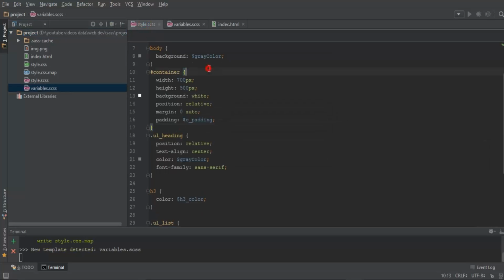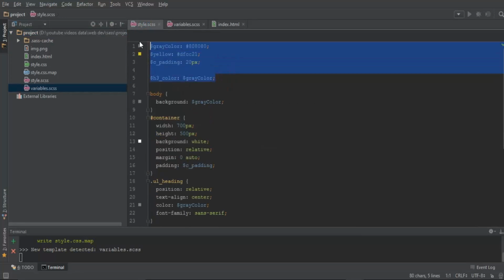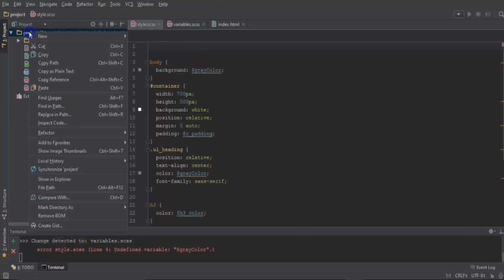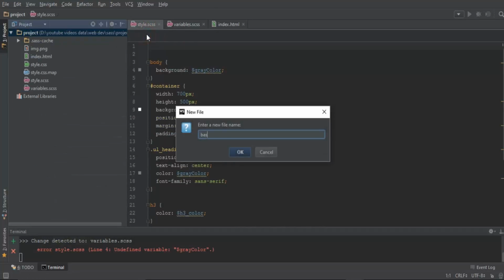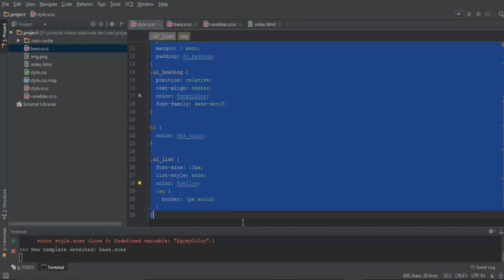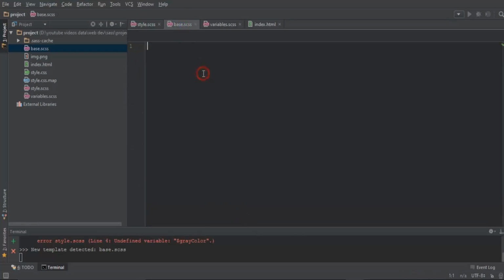Alright, and I'm gonna cut all these variables and define those variables inside this file. And I'm gonna create another file called base.scss, and I'm gonna cut all of these styles and copy them